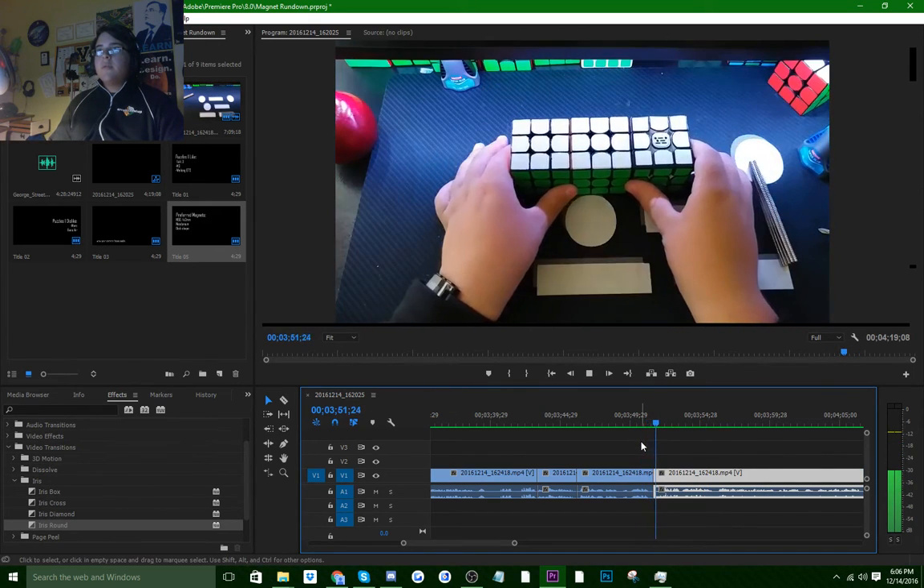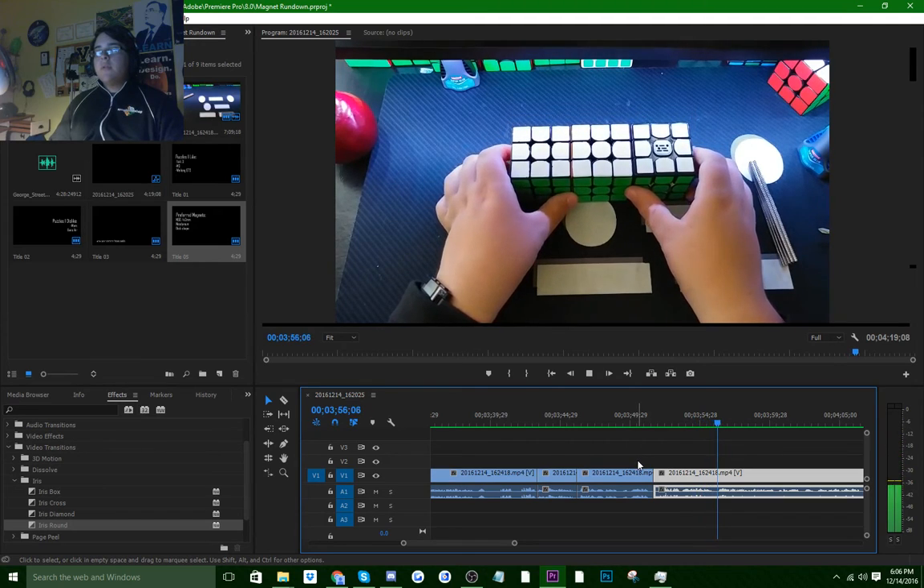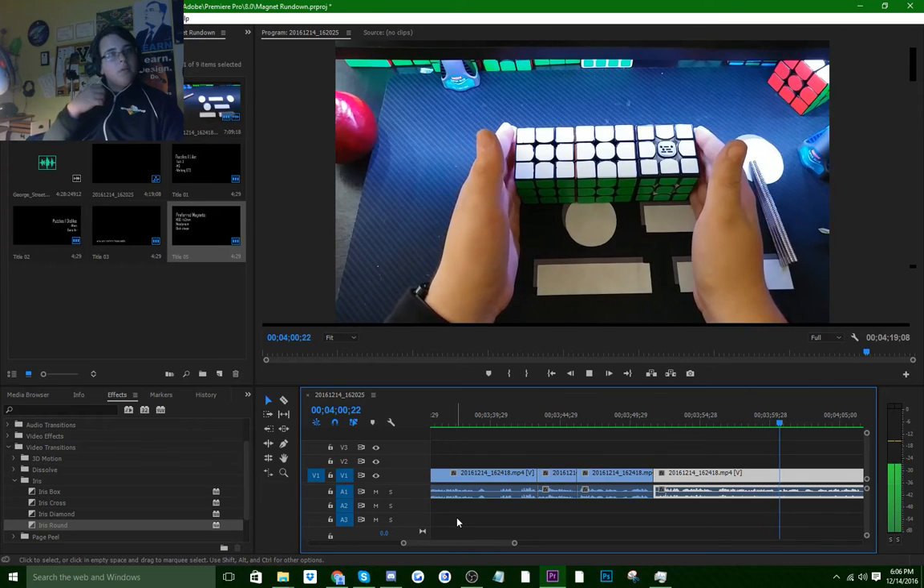So I think that just about covers it. If you guys want to get into magnetization, there are magnetic conversion kits available from Speedcube Shop. They give you everything you need. They give you plastic tweezers,